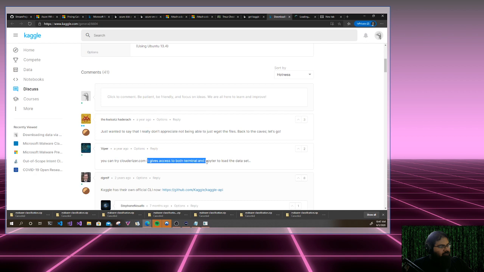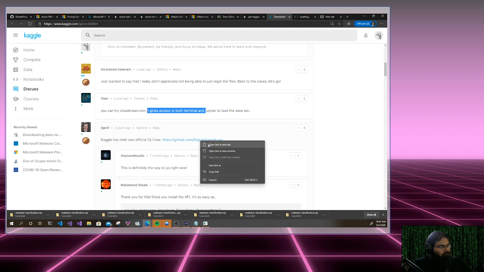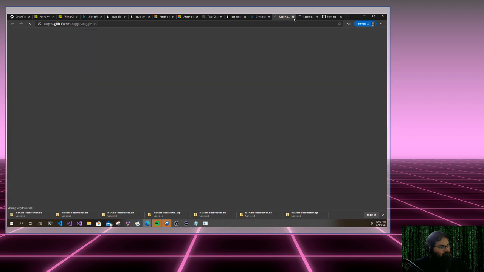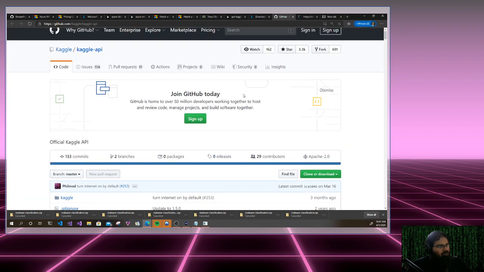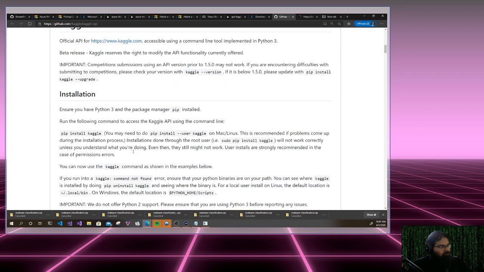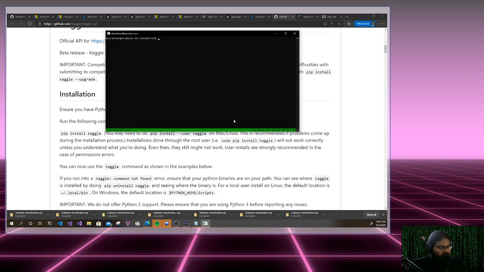Try Clouderizer. Okay, Kaggle now has its official Kaggle API. Cool, so I think this might work. Official Kaggle API, let's see here. Ensure you have Python. Pip install --user kaggle. Okay. All right, so I knew that this was the way to go. The name API is just a little bit misleading. So if I do pip install kaggle,